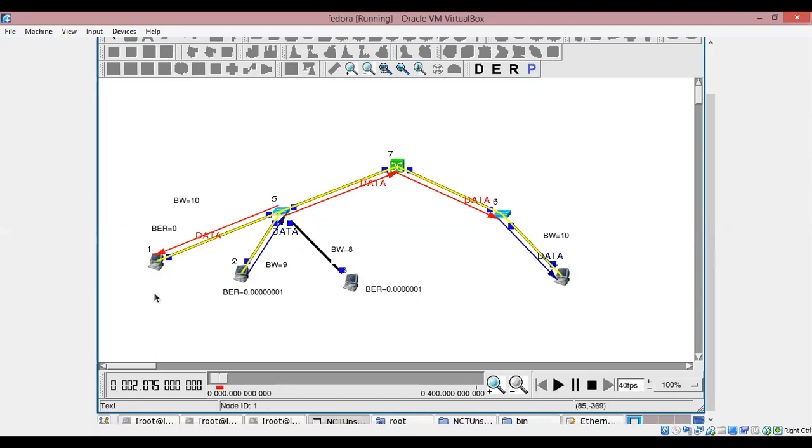So 0 to 10. You can see heavy collision is happening at sender 3 everywhere. But in sender 3, the collision is more. One reason is that it is TCP, and the other is that we have induced more BER, and we have induced the reduction in bandwidth also. So let us see how drastically it is changing.